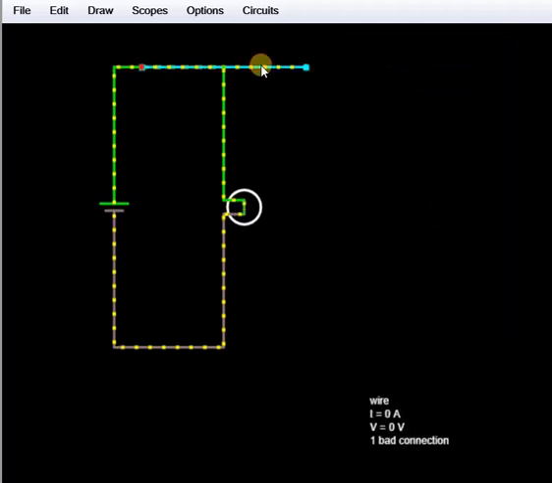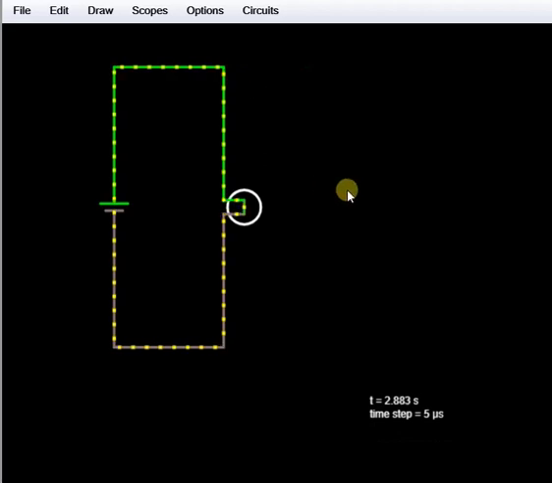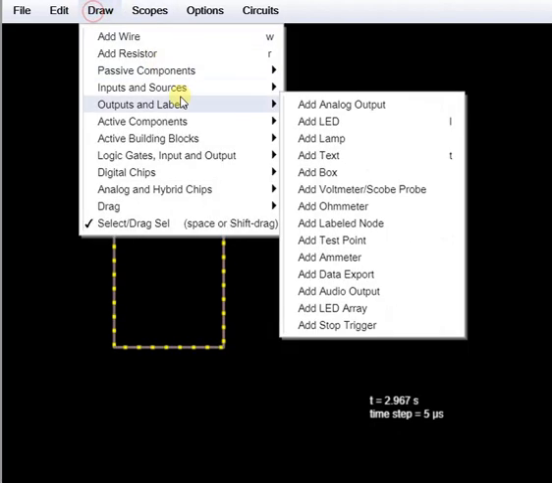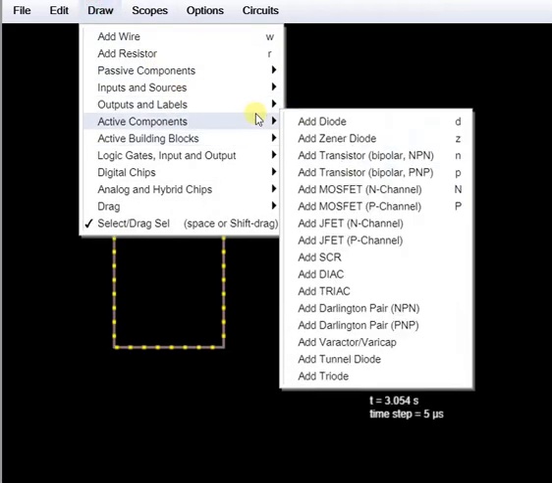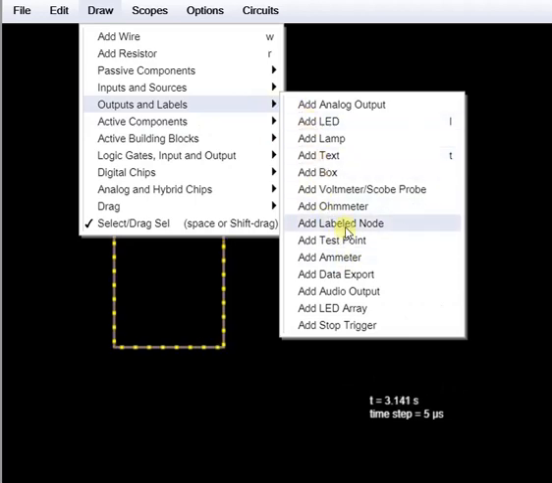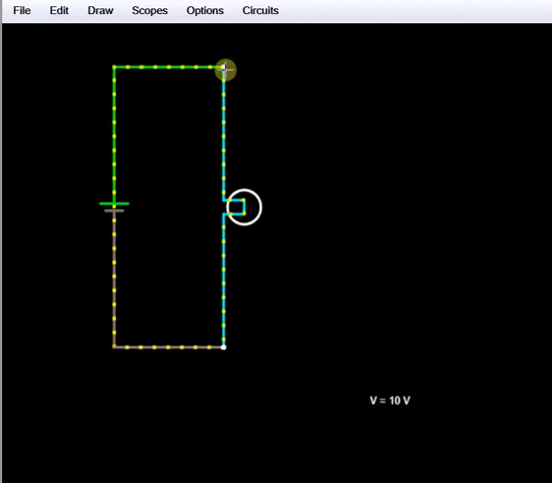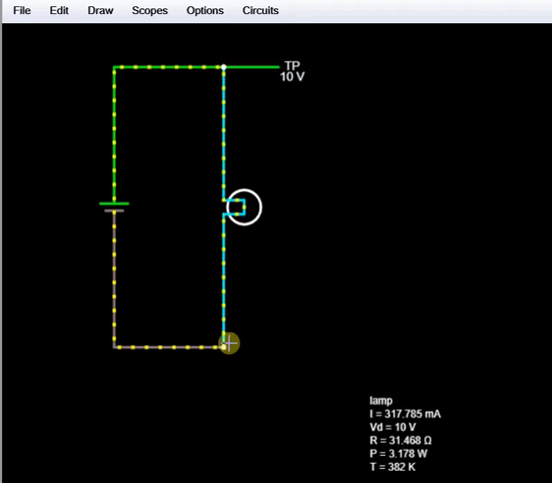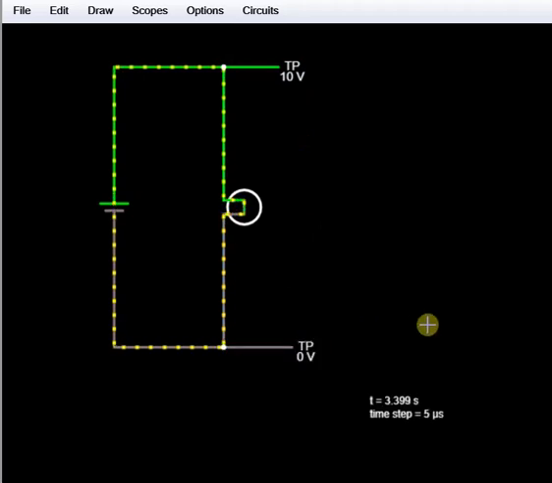Now if I connect a test point across this bulb, you will be able to observe that the same DC voltage which we have applied at the input will appear at the output across this particular bulb. So in the parallel combination, the voltage will remain the same.